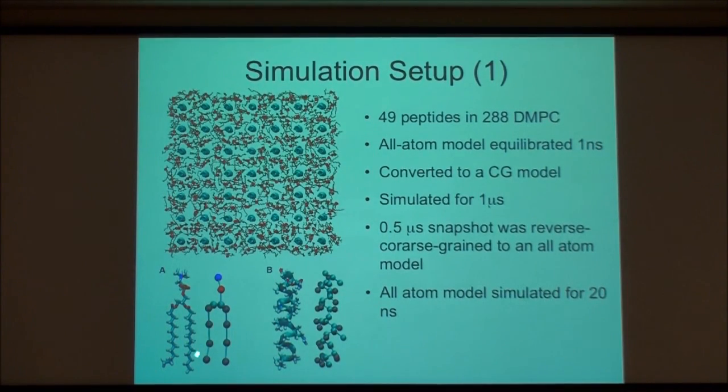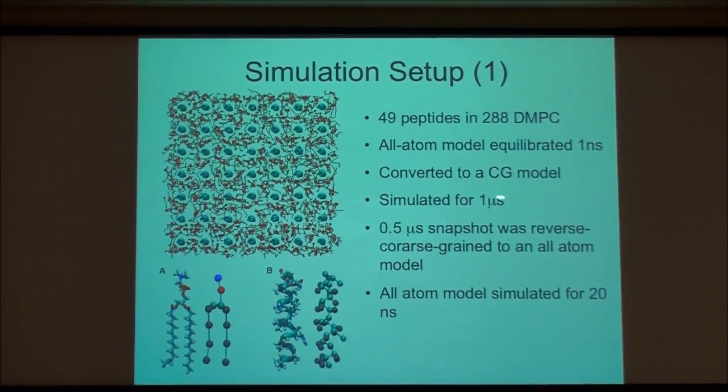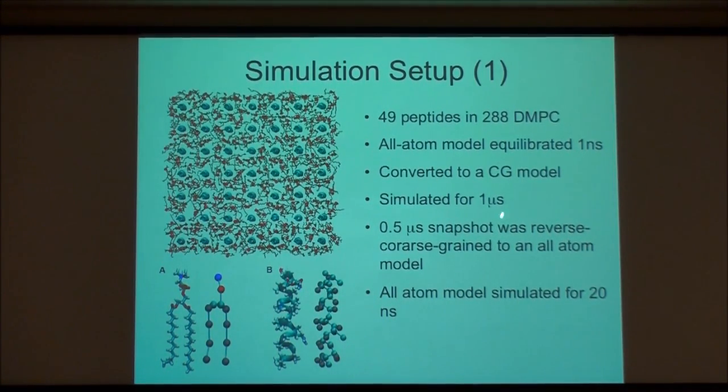The mapping is shown here based on what we discussed so far. Lipids are mapped like this. A couple of atoms for the head group beads, and some for the tails. And for the proteins, we are using the old model in which we have one backbone and one side chain bead for each residue. So we take it to the coarse-grained representation, then we run it for a microsecond because that's what we can afford using that representation. And then you see the general aggregation properties of the system at the level of